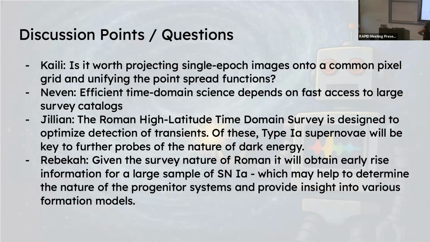So I am originally a nova person, and cataclysmic variables, that kind of thing is my jam. Let me see if I understand: would you like us, or have people, to have the ability to inject variable sources into the images that we have? Correct. That way it will be on par with the explosive events rather than having to do it separately somewhere or looking at light curves that come from some other sample. There will always be some biases that need to be matched. And if it is more generic and inbuilt, that would be so much better.